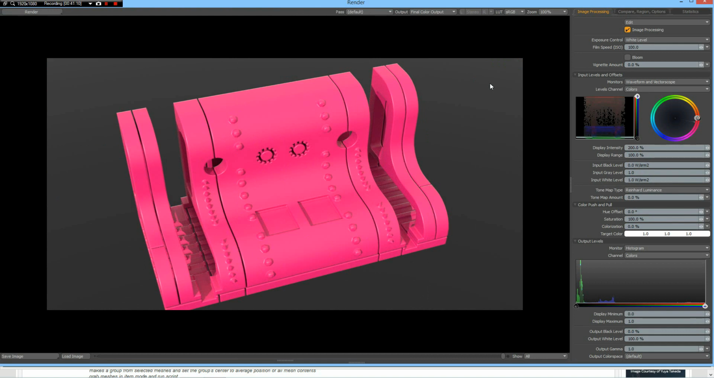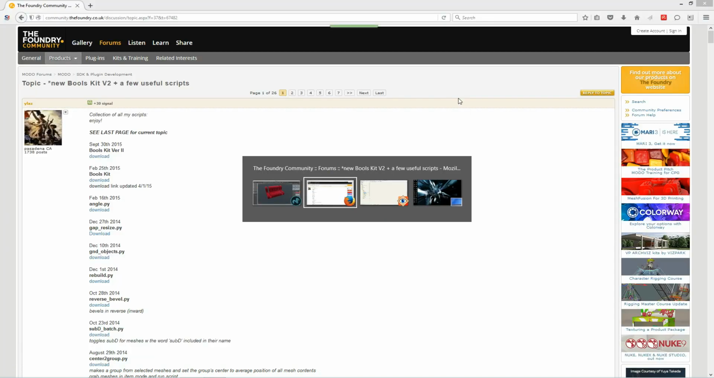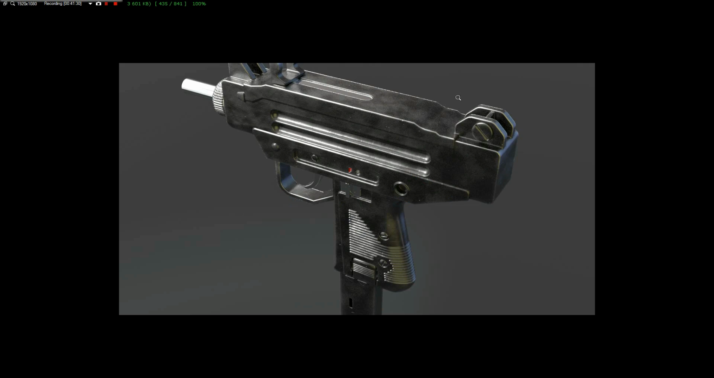And here we are. This was the Bools Kit and how to use it. Of course, it's only your imagination, and as I showed at the very beginning, you can do pretty nice things pretty quickly. So I hope you like this,